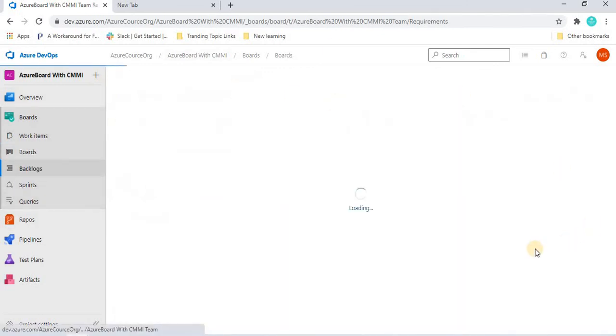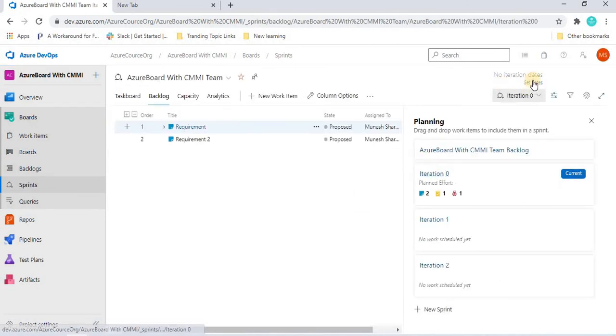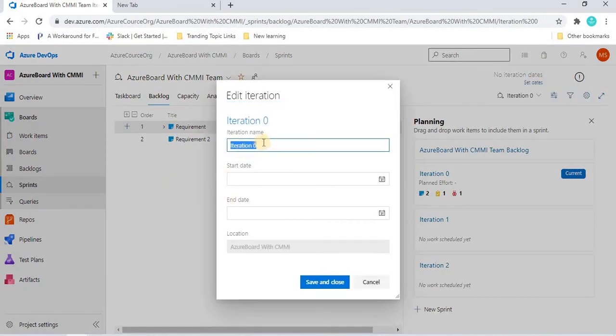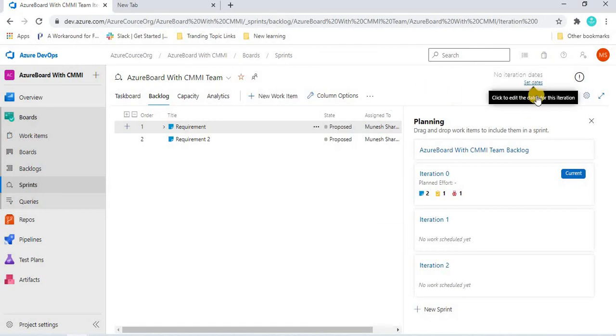Then go to the backlog, and if I click on this iteration 0, we have seen all these things in the previous tutorials, like how it looks and how we manage the dates, and if you want to change the name and so on. So these settings, or we can say features or properties, are the same for all types of process.